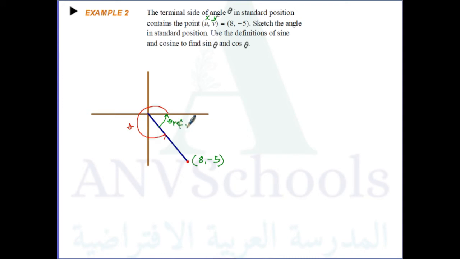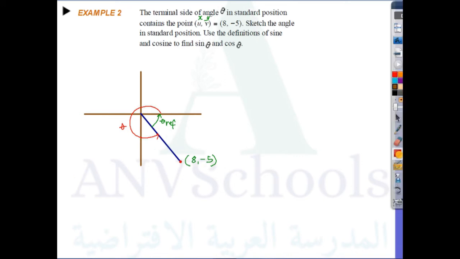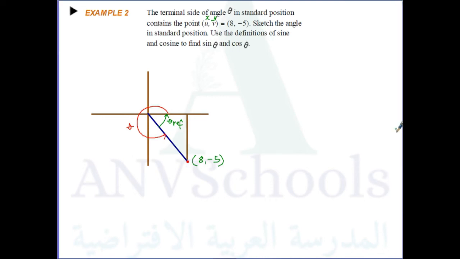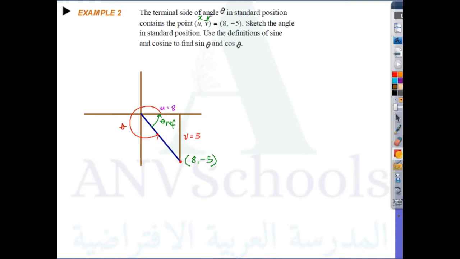Okay? And of course, we would like to get this is our V, and the length of this V is 5. So the distance from this up to this is 5. Okay, so V is actually equal to 5, and U is equal to 8. Right? And we have definitely a right angle here defined. Okay? And then